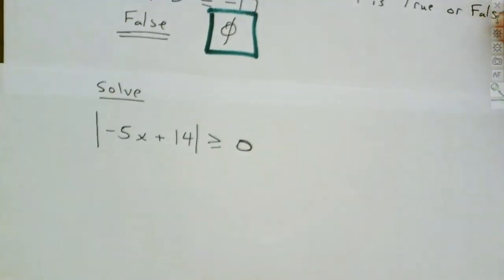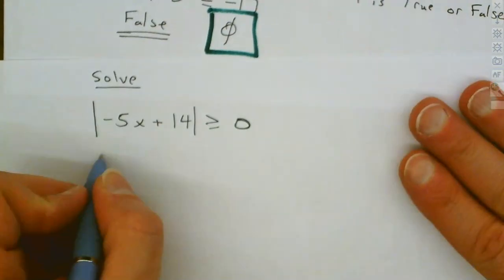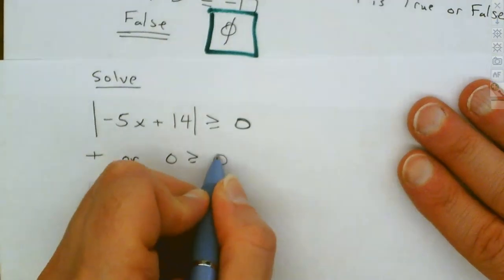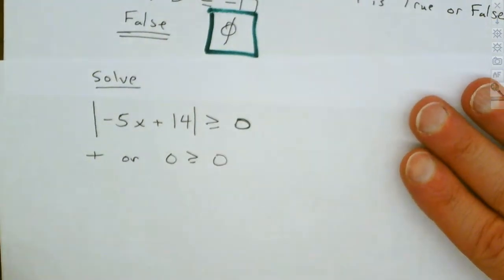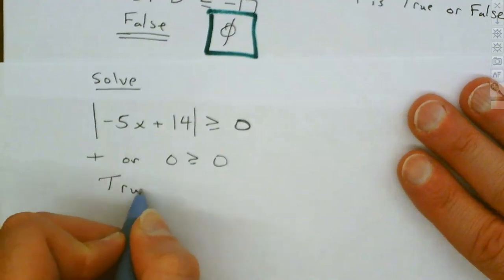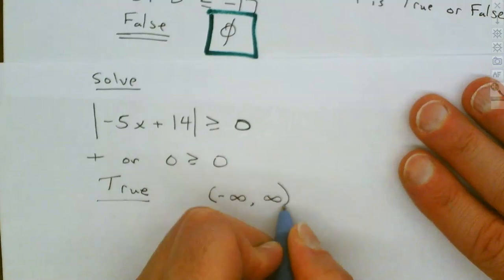Again, let's think about absolute values. What comes out of an absolute value? Positive numbers or 0. Are those going to be bigger than or equal to 0? Yes, they can be bigger than 0, or 0 could equal 0. So that would make this one true, and this would have an